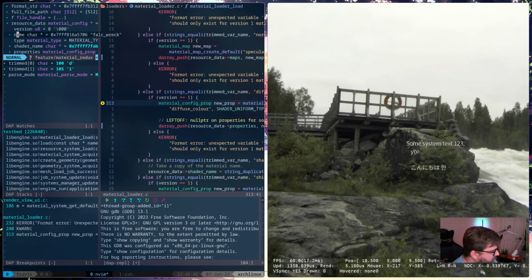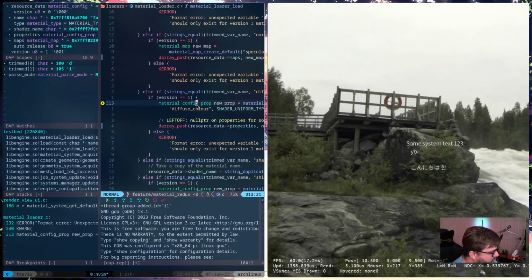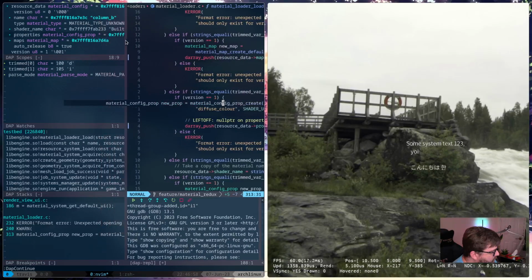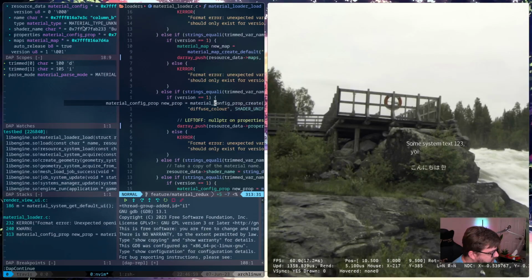Oh, this is a different material, so it's probably not that. Column B. Okay, so this is the one that we actually had a problem with. Yeah, so version is zeroed out. These arrays actually still exist, though. Auto release is true.